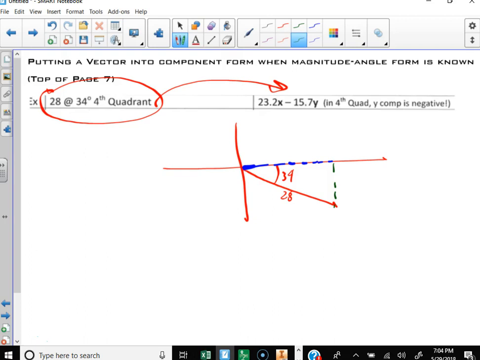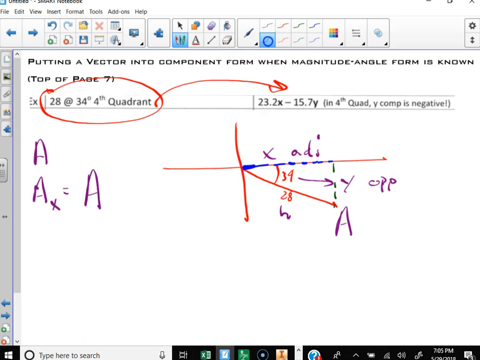Notice we have the right triangle. And we've mentioned this earlier. For the 34 degrees, for our reference angle, the y is opposite, and the x is the adjacent. And this, of course, is the hypotenuse, which leads us to, we'll call this vector A. I think that's what they use in your packet. So if your vector is A, then its x component is going to be